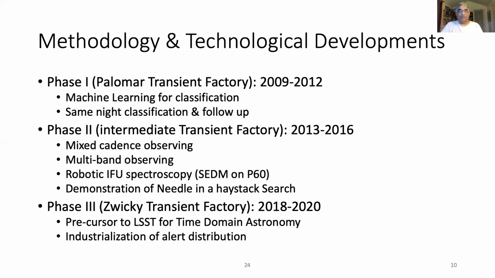And it succeeded so well, we are now in phase 4, which is Zwicky Transient Facility Part 2. Okay, the motivation, and I guess it was a compelling motivation to NSF because they funded us, was that ZTF would serve as a precursor or a stepping stone to the national flagship, LSST, which has now been renamed the Vera Rubin Observatory for Time Domain Astronomy. We started the era of industrialization of alert distribution, and Matthew Graham, who's a project scientist and will follow my talk, is going to tell you a bit of that.